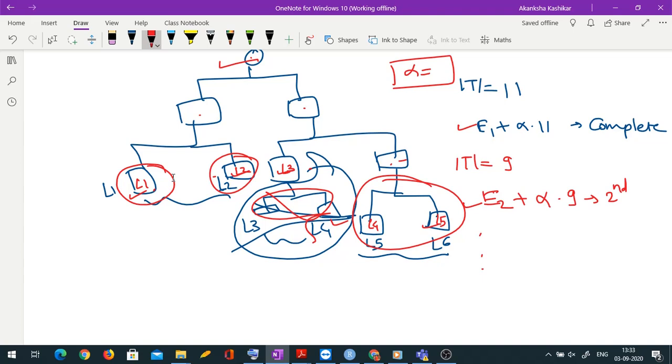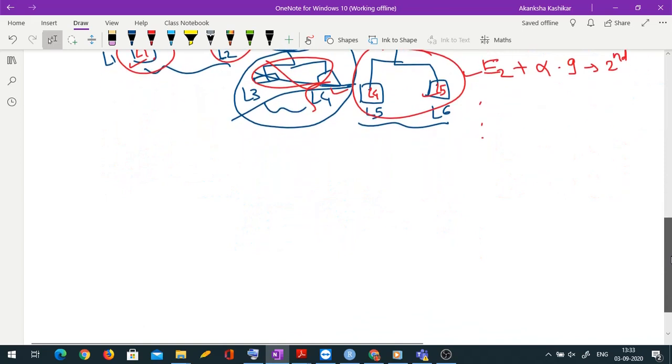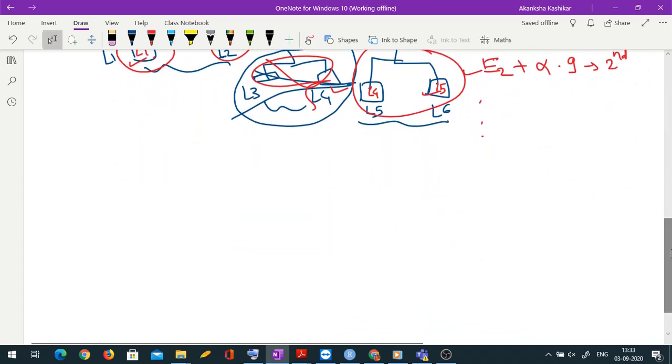I'm sure some of you still have doubts. What I suggest is take some arbitrary numbers over here and try to compute this error for each of them. Okay, and try to understand the pruning. If you don't get it, we'll discuss it again in the next lecture. Okay, maybe with an example. But I want you to try on your own first, so I'm not giving an example today.